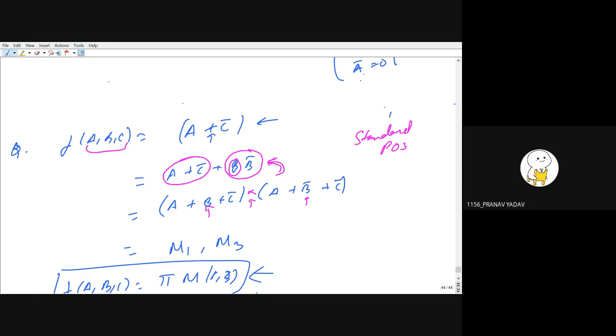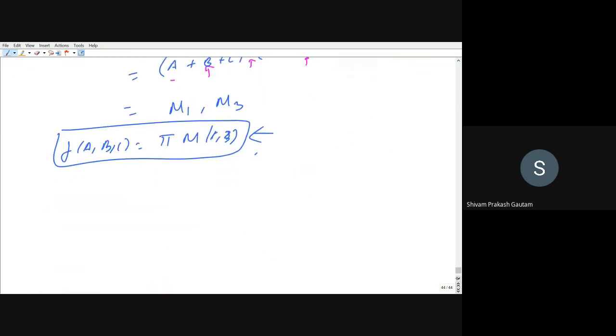If you see, we are having B and B bar are missing term, right? So we want to add B and B bar both in one term, because then only we can get standard POS form. Then only we can calculate max term. If you open the bracket, we will again get back to this step, that is A plus C bar plus B into B bar. Okay, you can solve it later on. Let us now move forward.